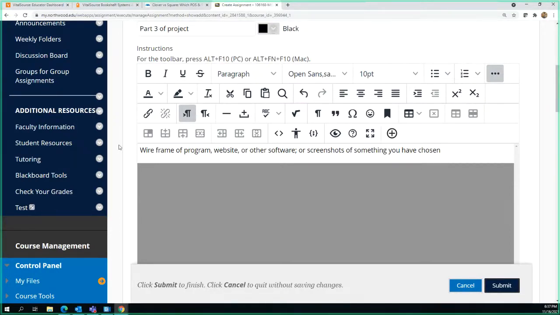So if you're creating a website for a business, then you've got to have a wireframe or some type of prototype or visualization of what you're creating or what you're integrating. So if it's a piece of technology, I want to see what it is. I want to see how it's set up. I want to see images of, let's say it's a copy machine that has multiple features.